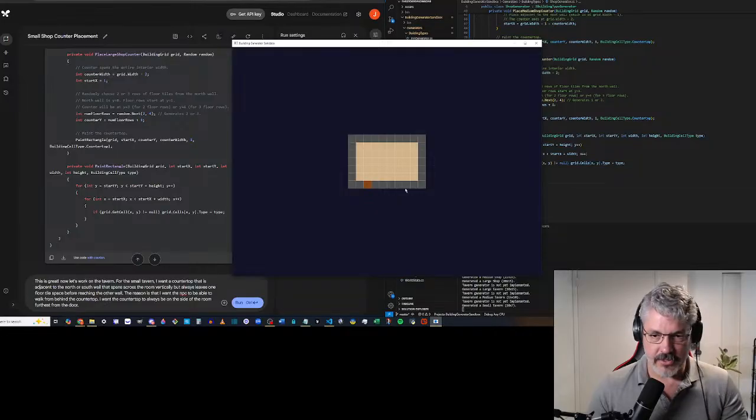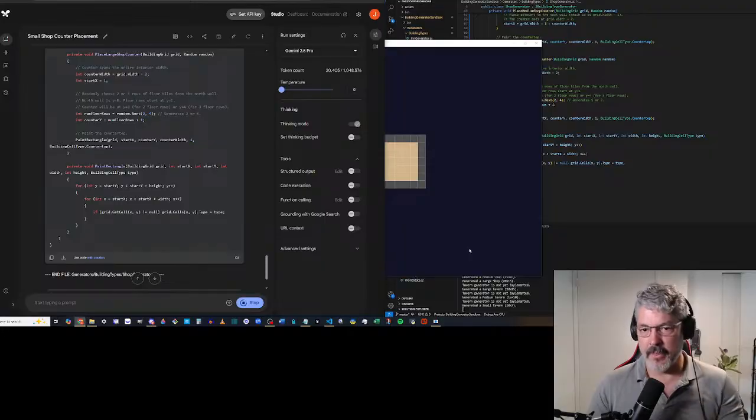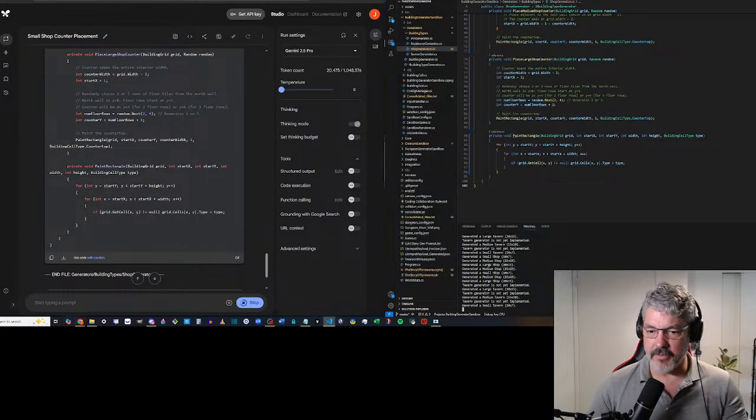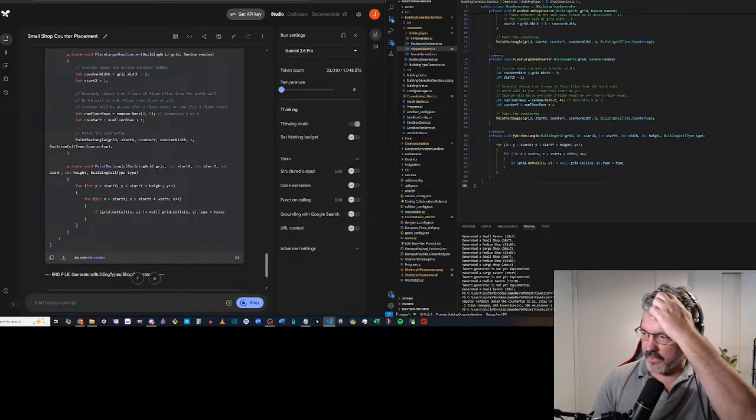What else is there? It's either going from north to south or south to north. There should be a floor tile, and it's always opposite the door. Yeah, that should work. Okay, let's just see what happens. Actually, I'm going to commit what I did with the shop first. Okay, added the countertop to all sizes of the shop.